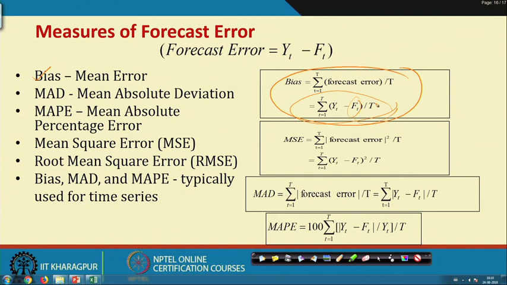Similarly, mean absolute deviation, where we go for the deviation format. Usually when you find the error term, which is the difference between the actual and the estimated, sometimes the forecasting error is positive and sometimes it is negative. So, when you take the modulus, all the components come out positive, and that will be the minimum criterion through which you choose the particular model.